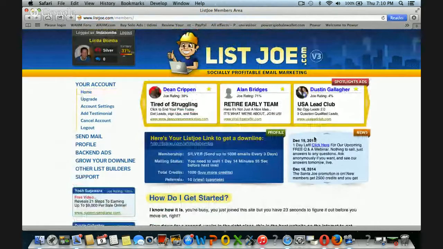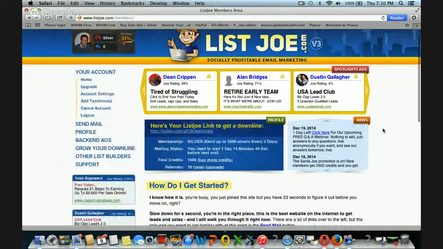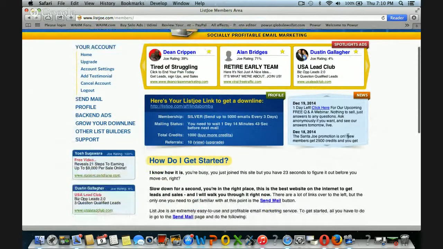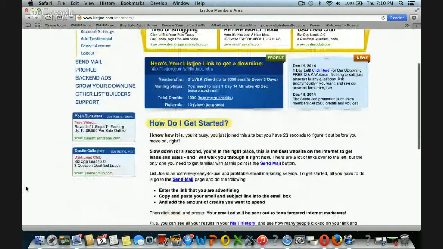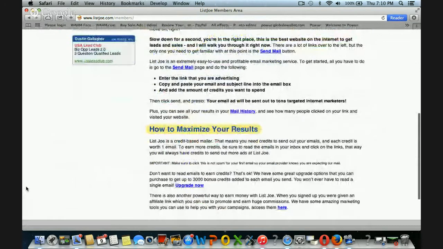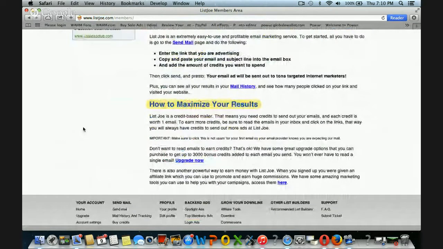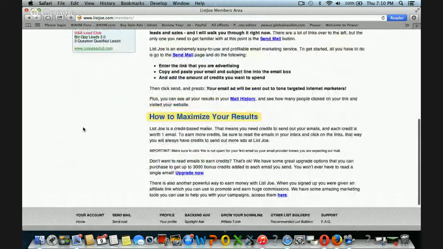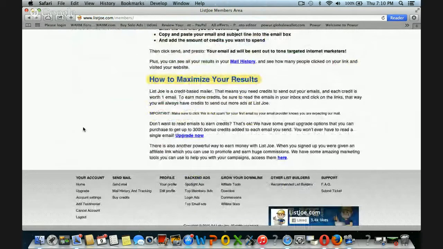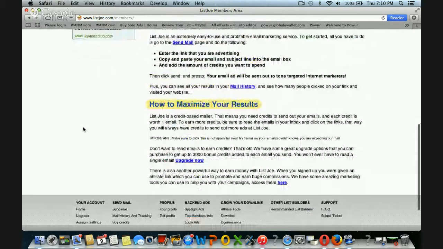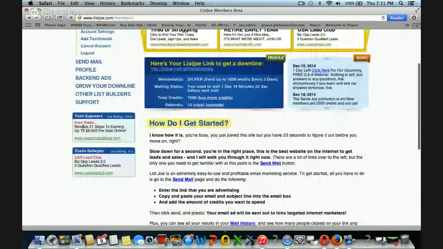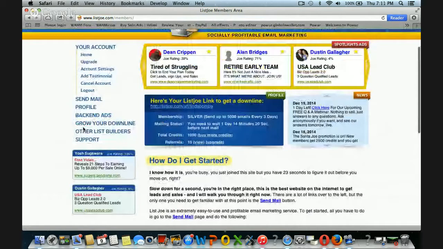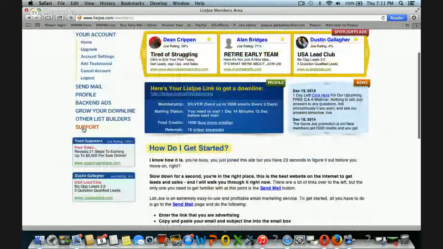But you can see here, at the top of the account, these are all different people that belong to this. They're members, and they're using these different kinds of ads. These are spotlight ads. They're news ads over here. There are ones over here on the left-hand side that you can use too. They give you some tips here. It is a credit-based email that you do buy. You are buying credits to get the emails. Let me see if I can find it, I swore I saw something on here that they do solo ads, unless I'm thinking of something else. But if that's something you want to do, you certainly can do it.